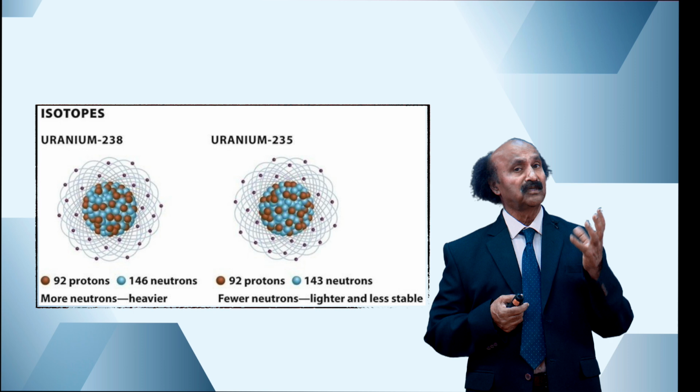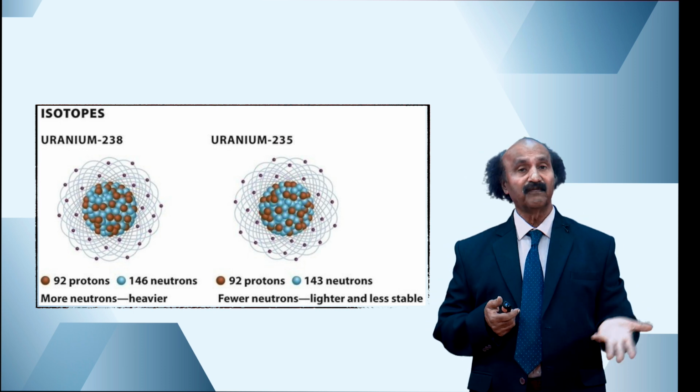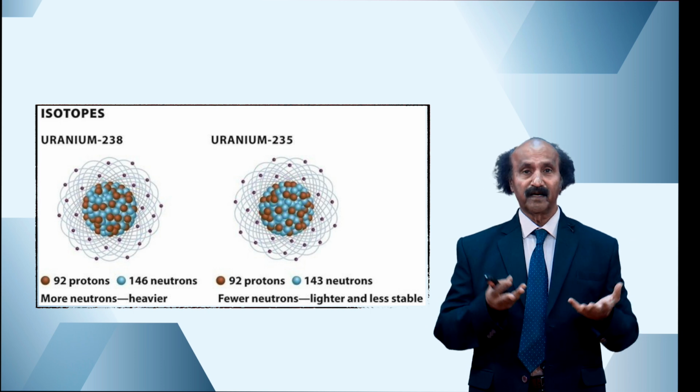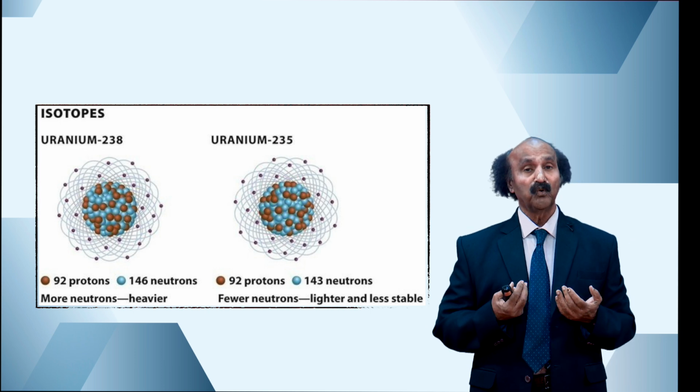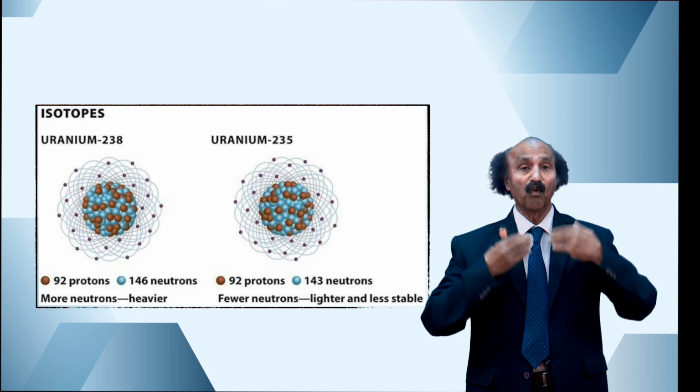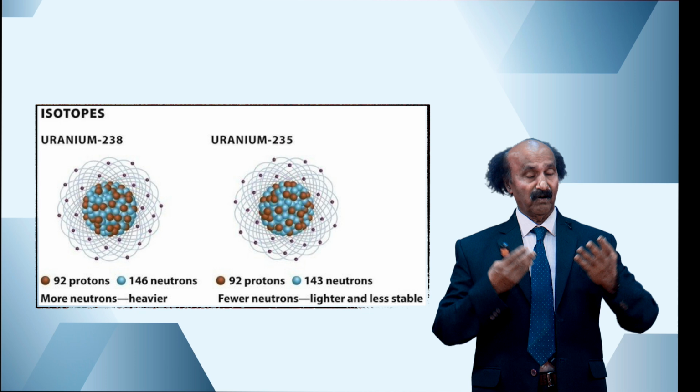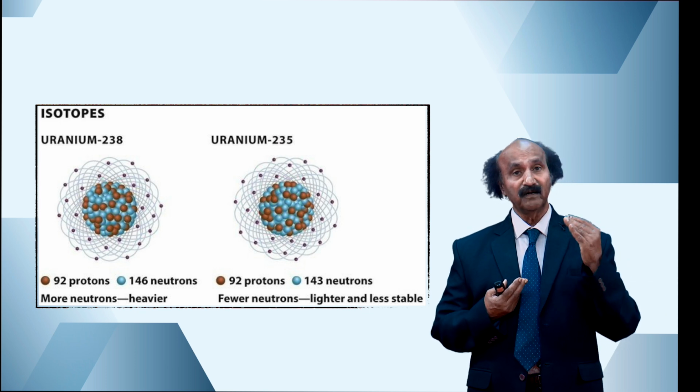And uranium-238 is an isotope of uranium, but in nature, fortunately, we must say fortunately, uranium-238 is more abundant than uranium-235. But for all of our nuclear reactions, we want uranium-235. So, how to separate out the fissile uranium, discarding the unwanted uranium-238? This is the question. This is called isotope separation technology.